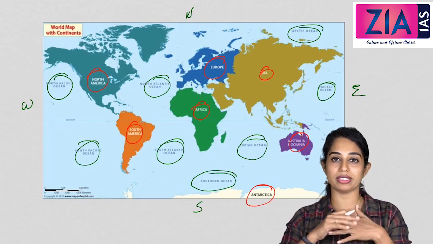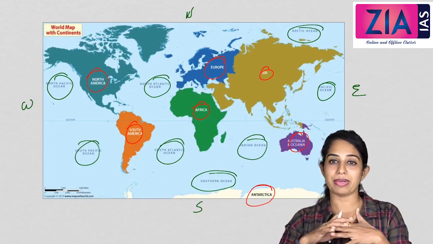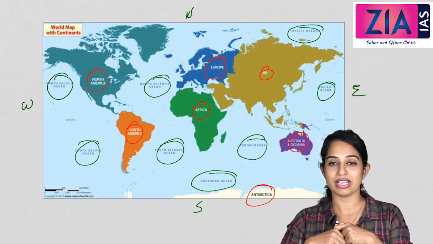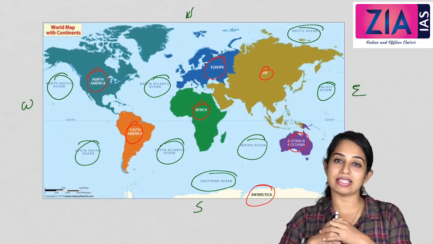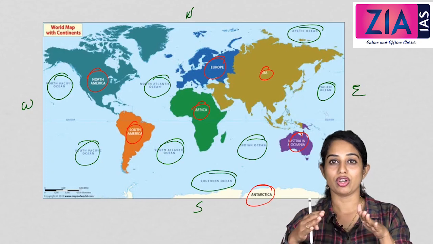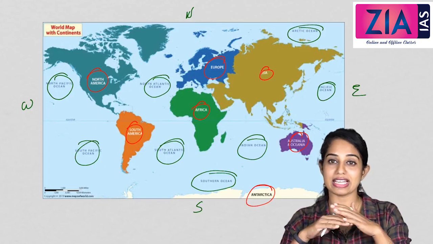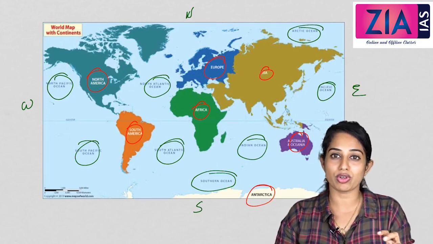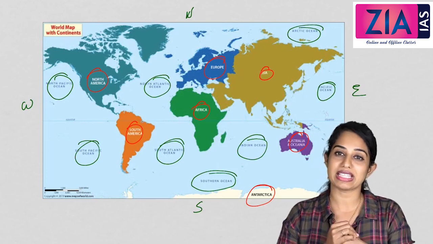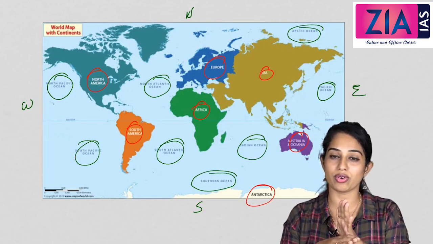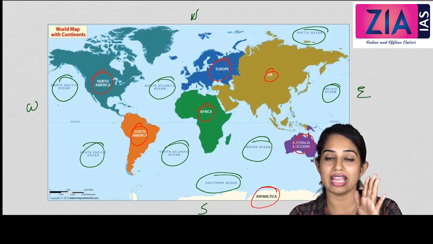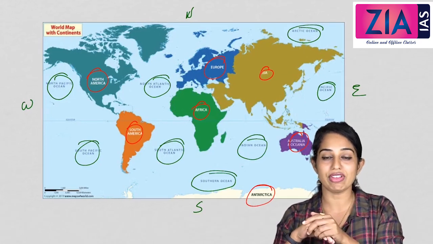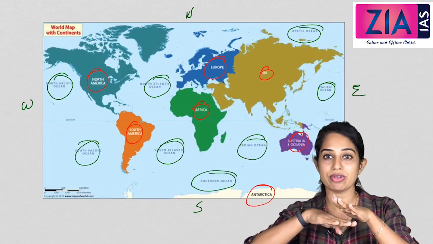Now let us understand an important thing. We have always heard that the Pacific Ocean is decreasing in size and the Atlantic Ocean is increasing in size. What does this mean? It precisely means that in the Pacific Ocean subduction, or destruction of sea floor, is happening, whereas in the Atlantic Ocean new sea floor is forming, or sea floor spreading is happening. This happens because of 2 types of plate boundaries. In the Pacific Ocean we have a subduction zone, or subduction boundary, where a heavier plate will subduct a lighter plate. That means the heavier plate will be on top and the lighter plate will be going under like this.